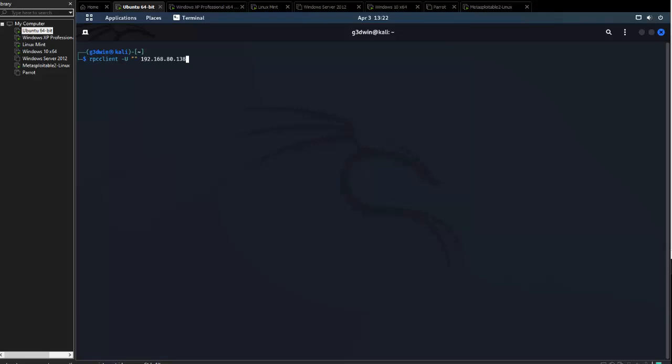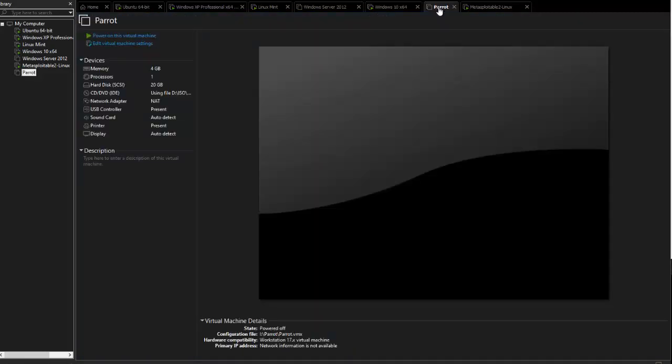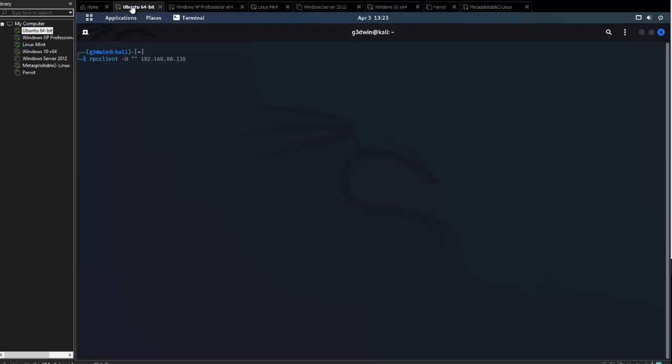Okay, so let's see several options you can use with RPC client. For example, this one right now I'm not going to show you because we're not getting into that right now. So I just want to show you the RPC client. By the way, this is already working. If you have Kali Linux, the RPC client will be working or should be working, unless you guys try Parrot. That's another one that is used for pen testing. I haven't really started using it yet, but maybe you guys can take a look at it. Anyways,